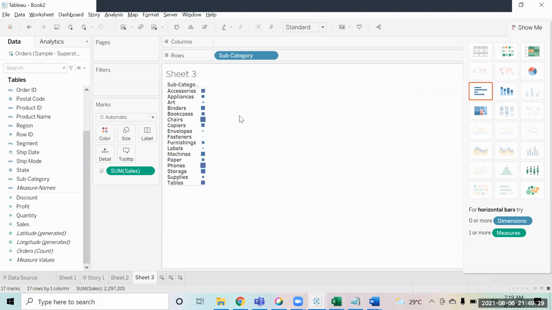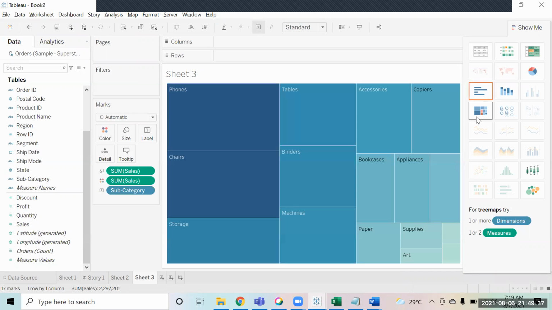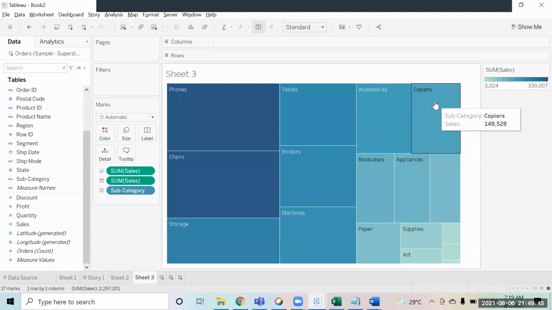If you come over here, what it does is it just gives the size over here. So typically we don't go with this. We generally use this chart only, this heat map, because the color intensity tells us something, so we use it for that purpose.